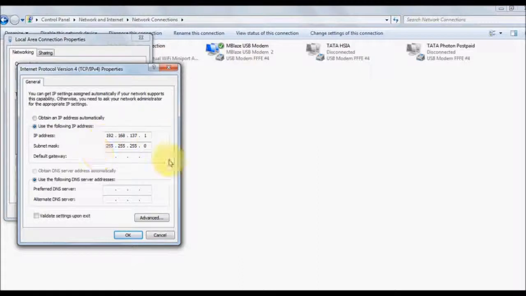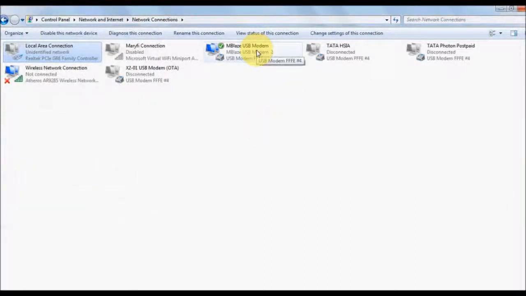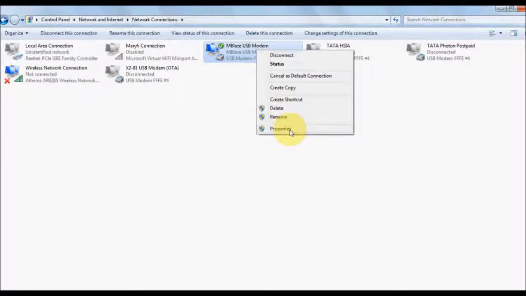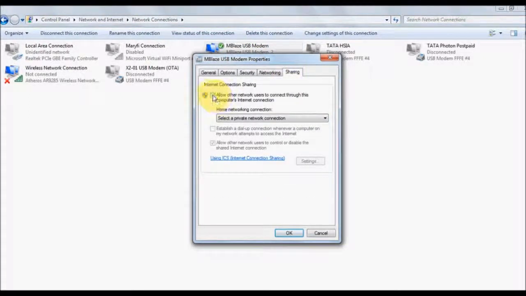You can see the IP address which is marked as a static IP address. It's not dynamically configured from a DHCP server. Remember this, because in the case of a cross cable, you really want your system to have a static IP address. Now I'll be opening my USB modem. Go for properties, go for sharing. When you go for sharing,